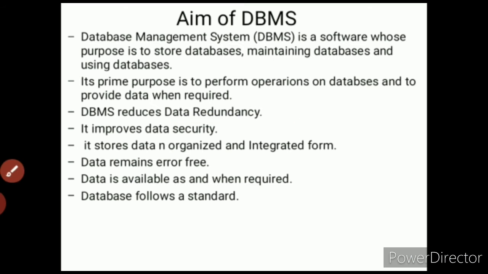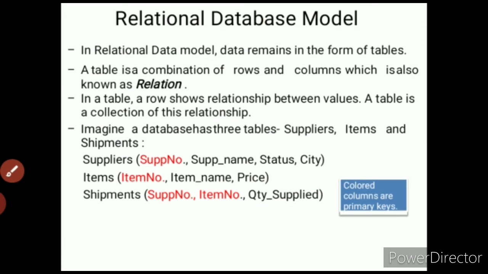Okay. Next, relational database model. Relational database means the relation between the number of tables, because in a database what actually we have to do, we just have to make different kinds of tables, because we have to maintain our data, right? So relational database model is where you just have to connect your different tables with a particular identity. In relational database data model, data remains in the form of tables. As I already told you, firstly you have to make some kind of tables over there, then you just have to connect those tables.